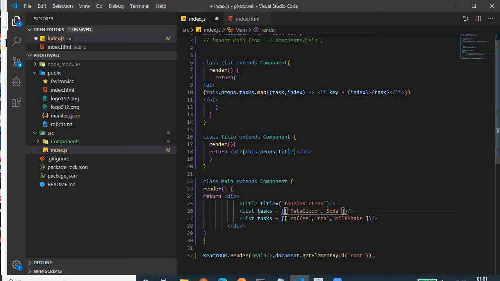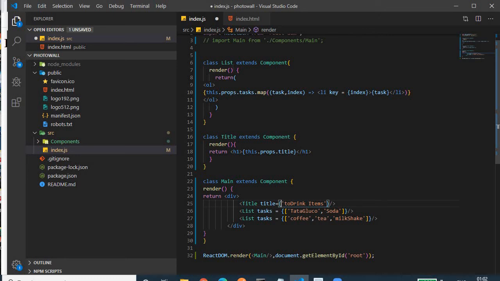For the first list we provide an array of two items. For the second list, we provide an array having three items. For the title also, we provide a value dynamically, and whatever value we provide should be in curly braces because it's a JavaScript expression.